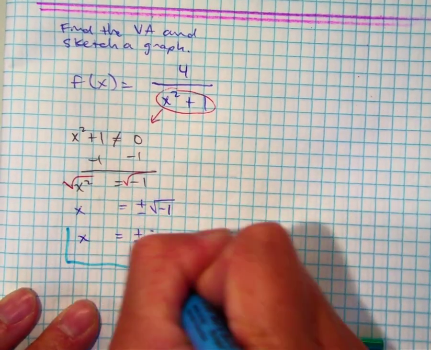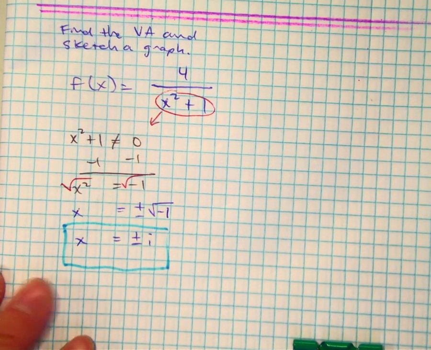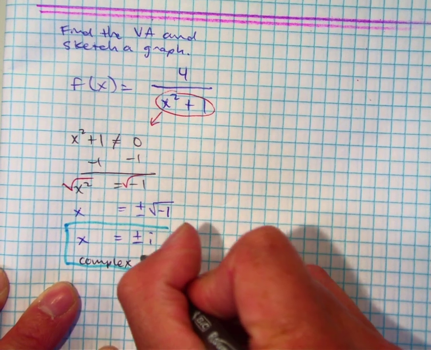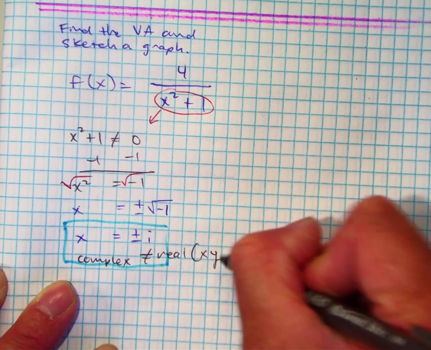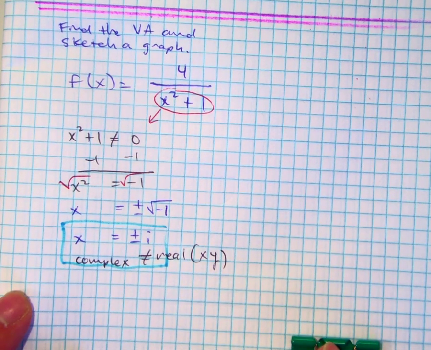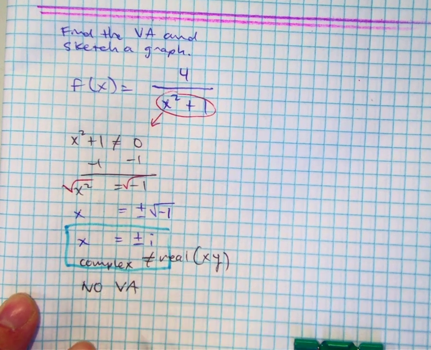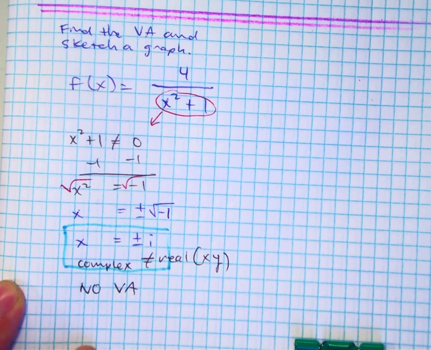this is a complex number. Let's write that. It's complex, and therefore it's not a real solution. Real solutions are on the x and y coordinates. Does that make sense? So in this problem, there are no vertical asymptotes. No vertical asymptotes. If I graph this,